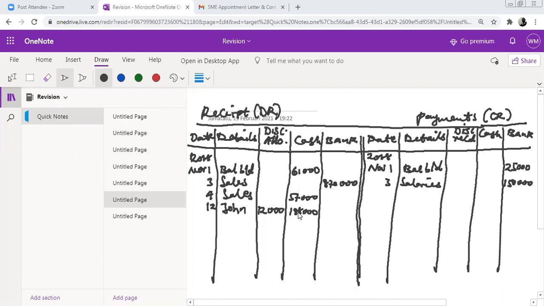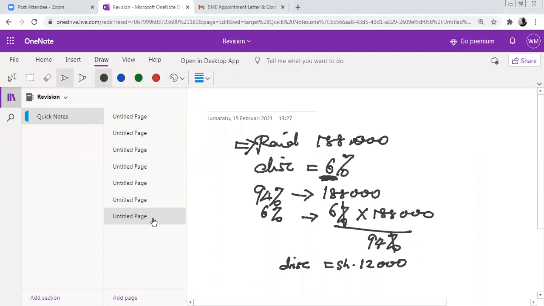On 15th, paid Edger Traders 220,000 and deducted cash discount of 5%. So the question I can pose to the class, has discount been deducted or not? It has not been deducted. You will know the discount has been deducted when they use after deducting or after having deducted. So if they use those words, the discount has been deducted. But if they say less 6% or deducting 6%, it has not been deducted. So we need to calculate 5%